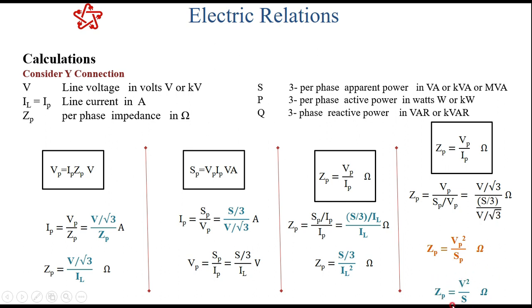This is a very, very important equation. Only if you are expressing ZP in terms of its phase values, ZP is equal to VP square by SP. Even though these quantities are three-phase quantities, ZP that we are getting is V square by S. Means the calculations, if you are taking the line values for the impedance ZP, then the 3 or root 3 multiplication or division gets cancelled in the numerator and denominator. The equation for ZP is also V square by S. This equation you have to remember, because you will be using it often.